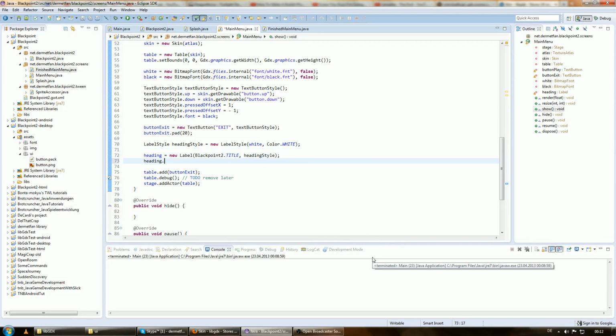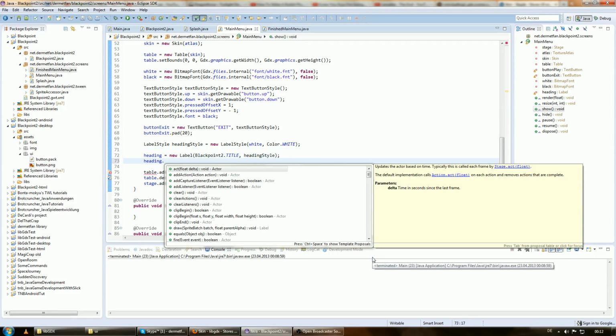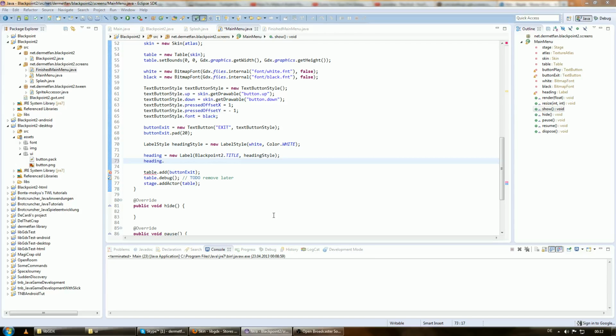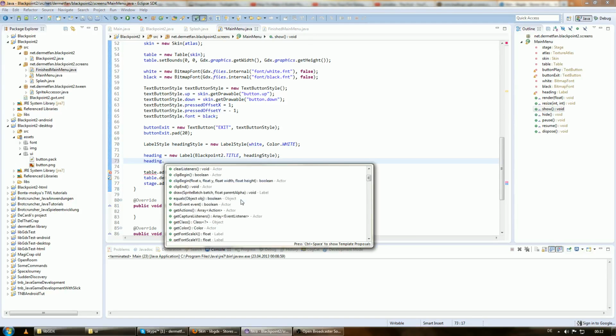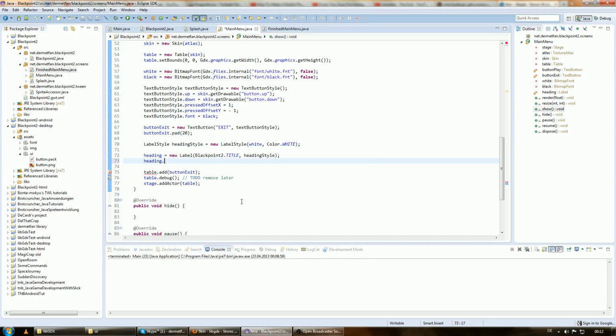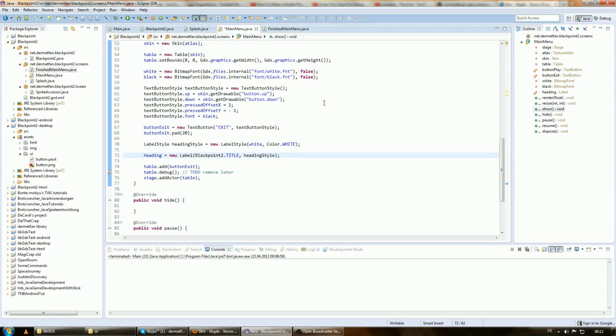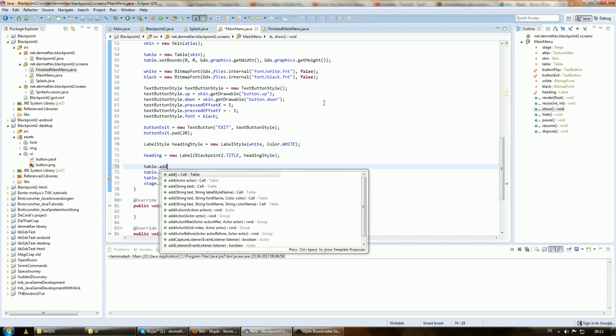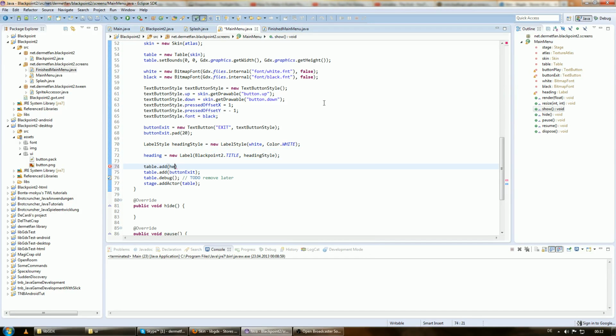Now we can do heading dot. Even the heading can act, man. Oops, heading dot, and that's pretty much just all fine, isn't it? Yeah, it is. See, the heading is really simple. We just want to add table dot add heading to it, and